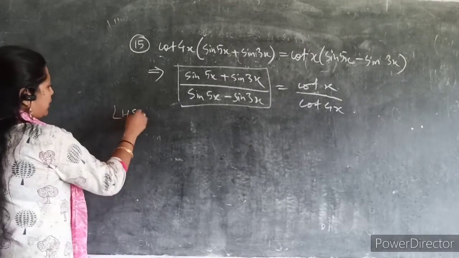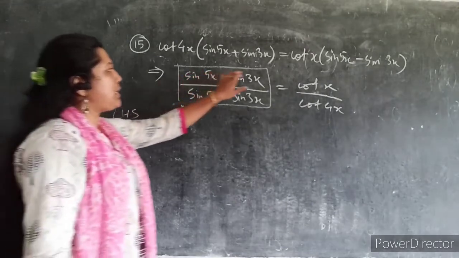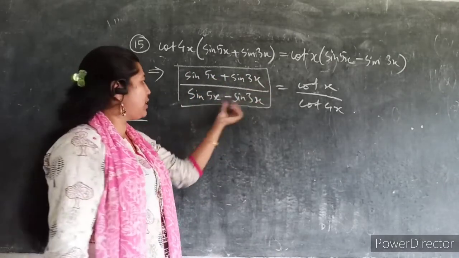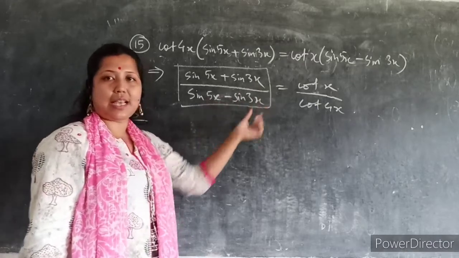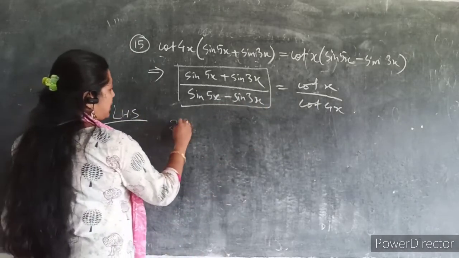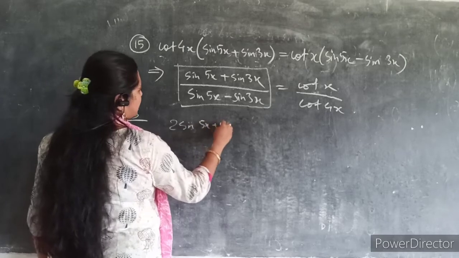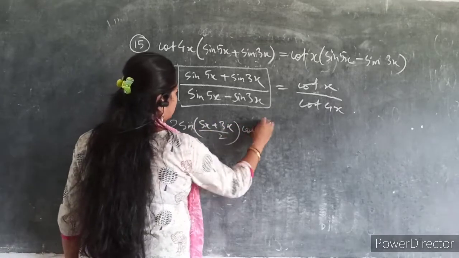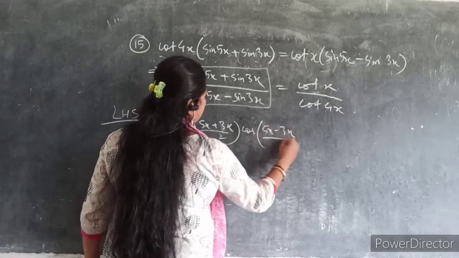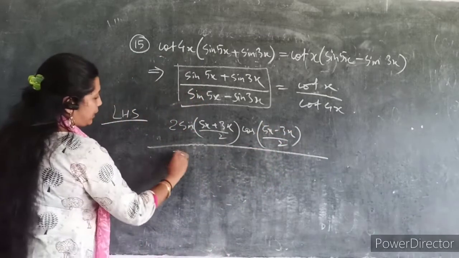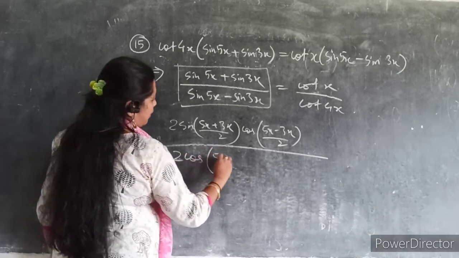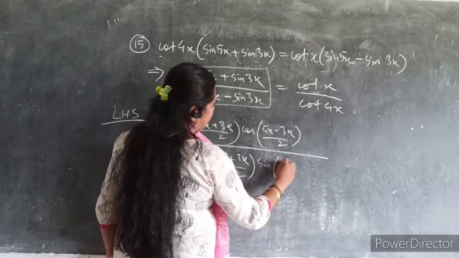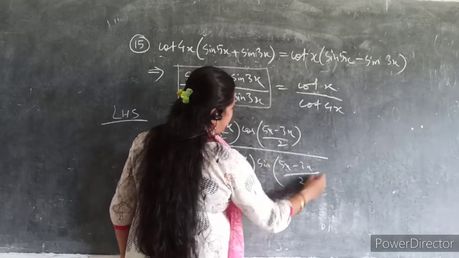Okay. So here, that's why I am using it, because you can directly apply the formula. That is, this part as sin x, this is y. So sin x plus sin y. Here it will be again sin x minus sin y. So simply you can put it as 2 sin (5x plus 3x) by 2 cos (5x minus 3x) by 2, whole divided by 2 cos (5x plus 3x) by 2 sin (5x minus 3x) by 2.